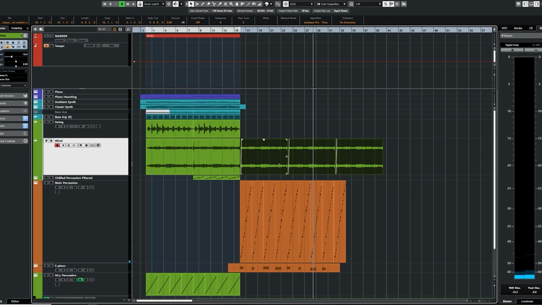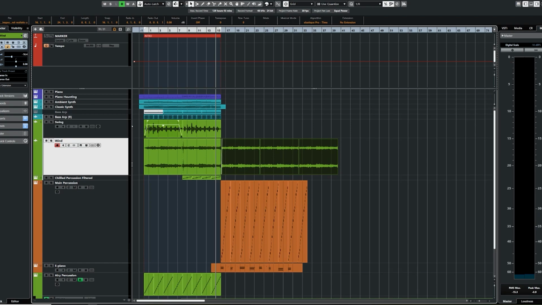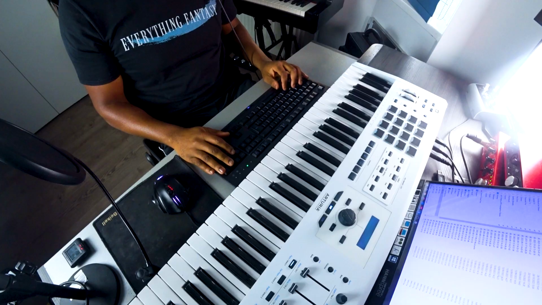I think the first thing I'm going to do is just extend the wind sound, just so it's a bit more consistent. I might also play something on top of it with that haunting piano sound. These are mainly things just to help there be a little bit more continuity between the intro section and what happens afterwards.